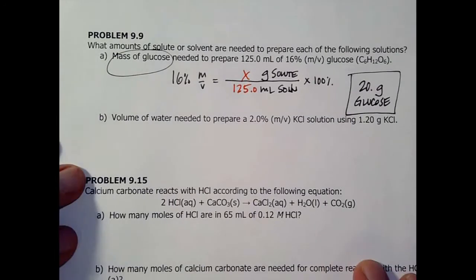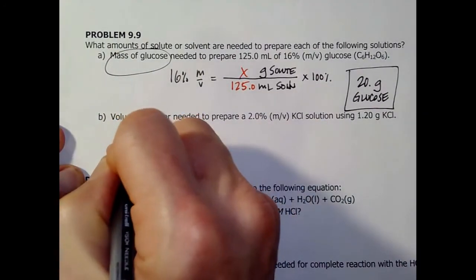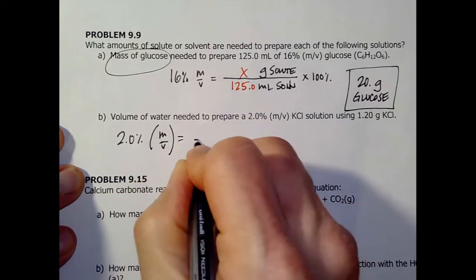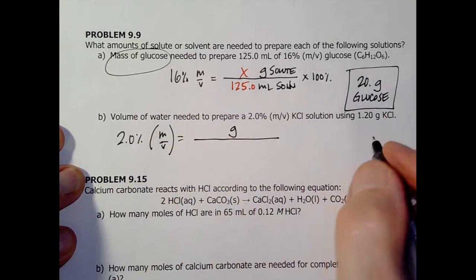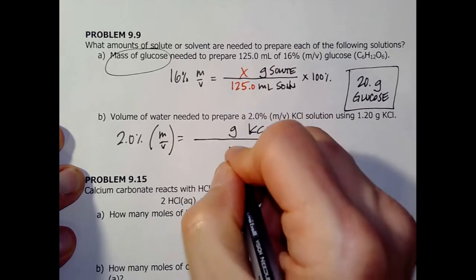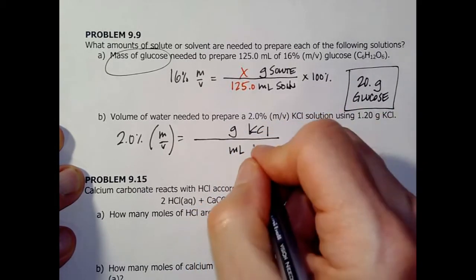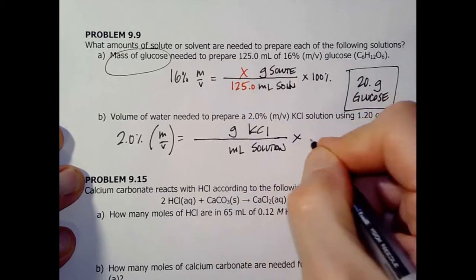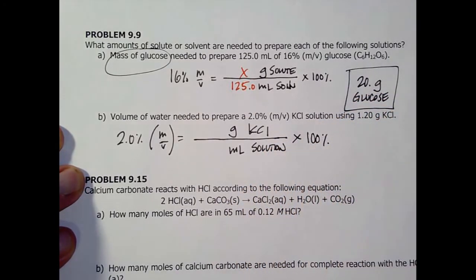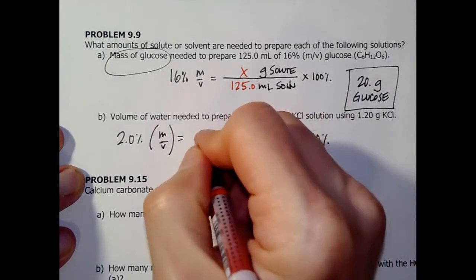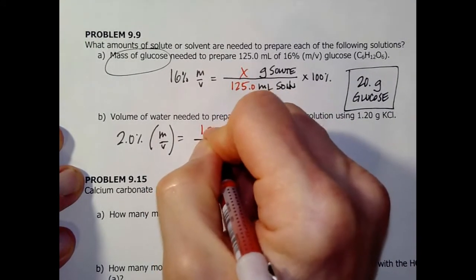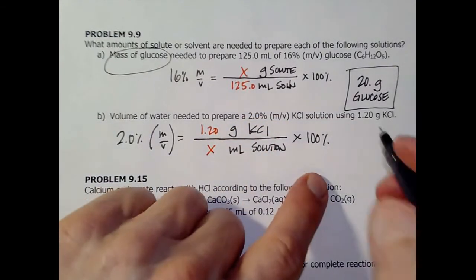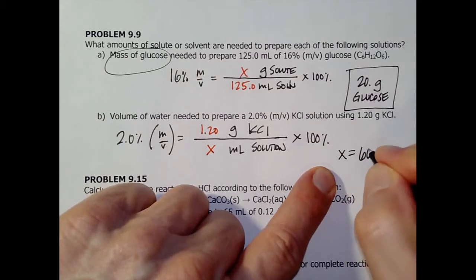Volume of water, same thing. 2% mass volume means I need grams KCl over milliliters of solution times 100%. Got grams, 1.20 X. When I solve for X, X equals 60